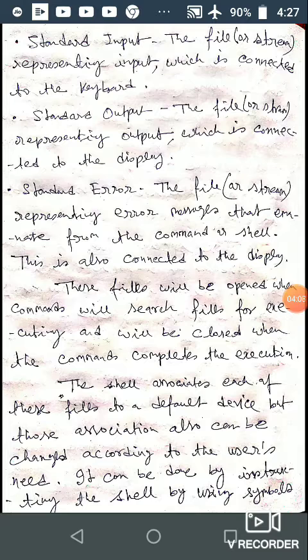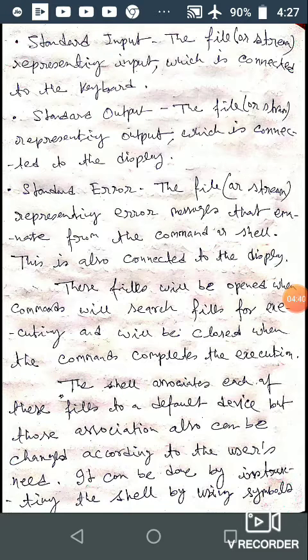Now the shell associates each of these files with a default system device, but this association is not permanent. Files are associated with a corresponding device, and this association can be changed.